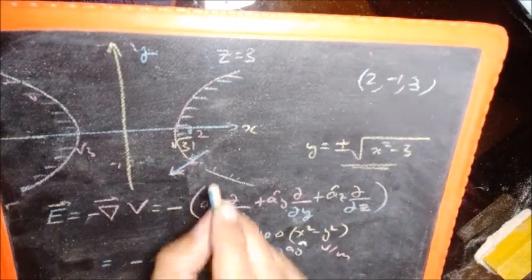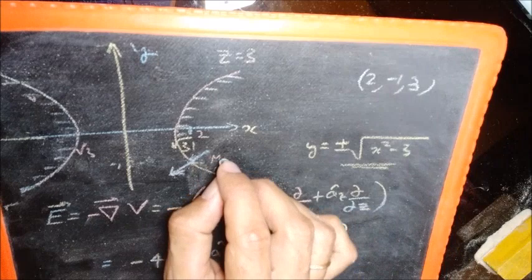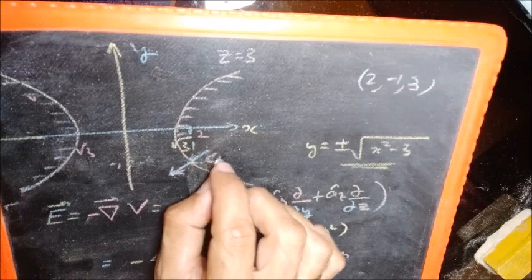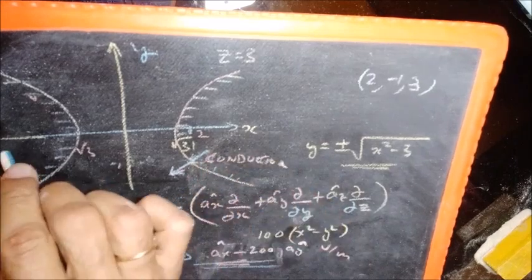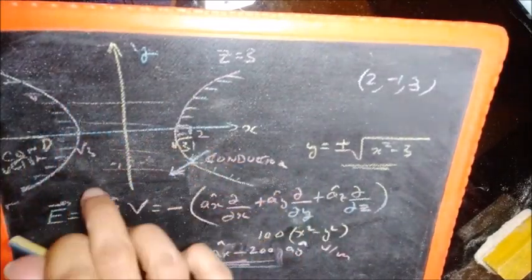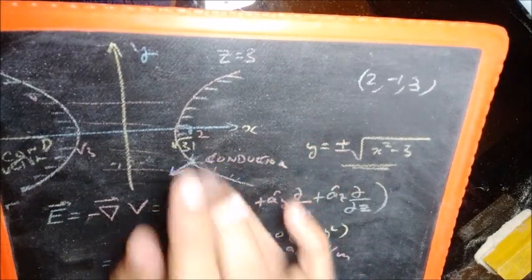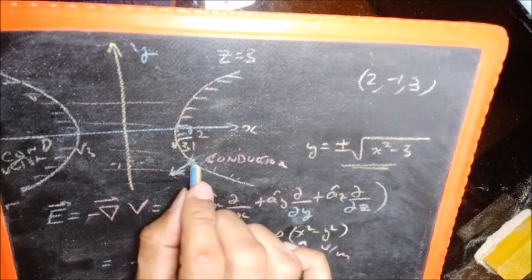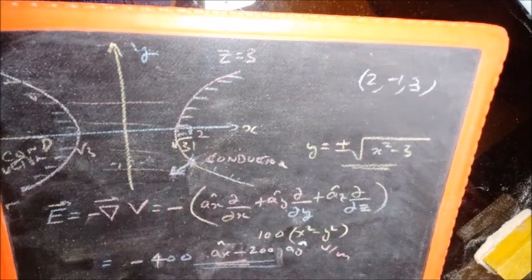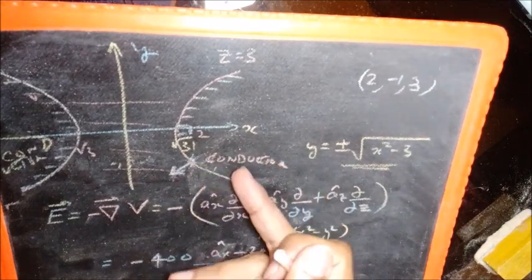Now let us assume that this side is conductor, because this is the interface. We have still not identified which side is conductor and which side is free space. Let us assume that this side is conductor, and this is the free space. This region is free space. Now what happens is there will be no electric field inside the conductor, and if you see here carefully, you can see that the electric field is normal to the interface and in this direction. Before I go to the explanation there, let us continue with this assumption that this is conductor and this is free space.